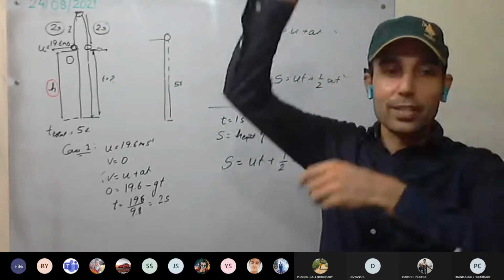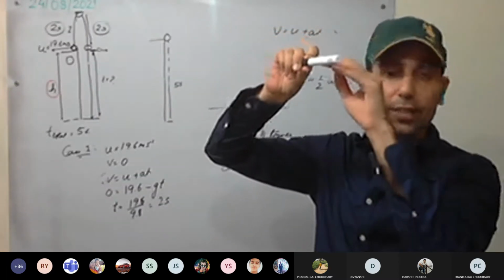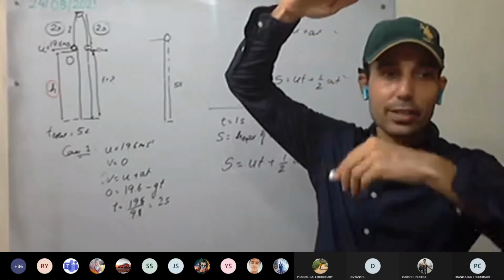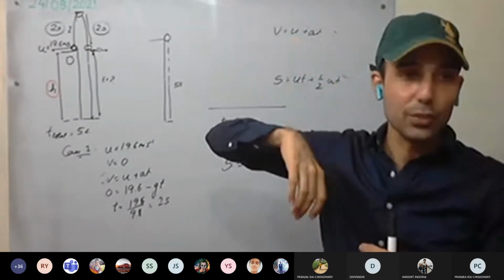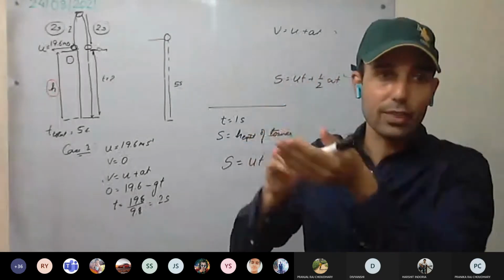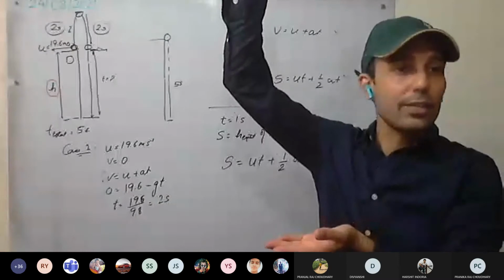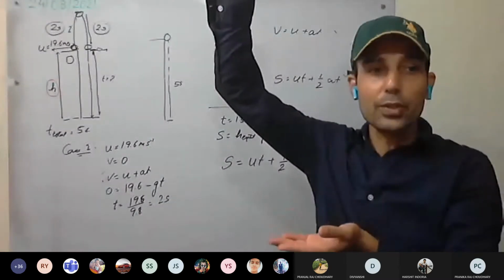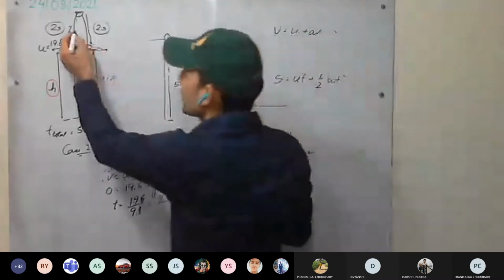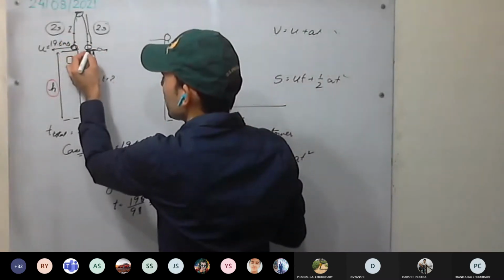If I throw the ball upward, while going up, what is the velocity here? That will be the same coming back here. Yes or no? Whatever, because acceleration due to gravity is uniform. It means when we are throwing upward, each second the velocity is going to decrease by 9.8 meter per second. Now it reaches 0. Now again it is going to increase by 9.8 meter per second each second. So whatever velocity here, same will be here. Whatever here, same here.